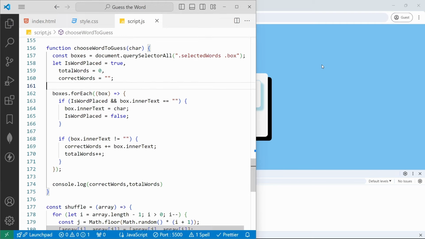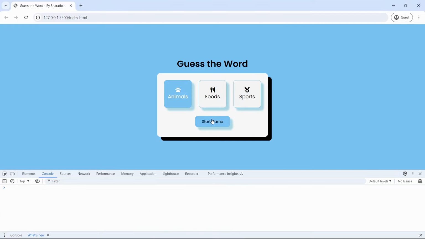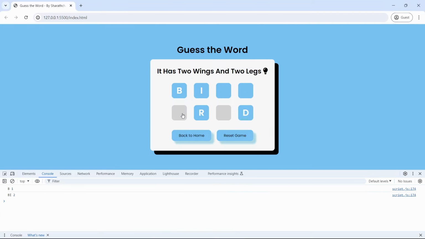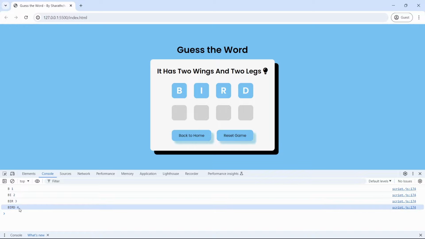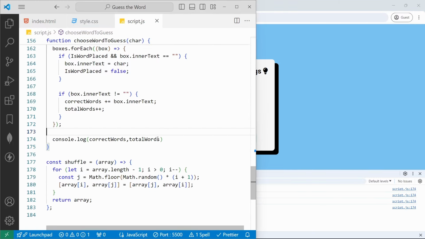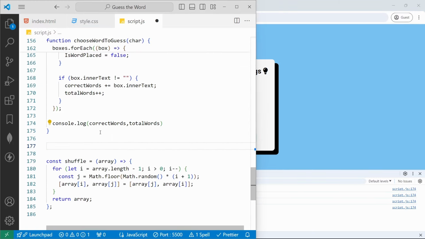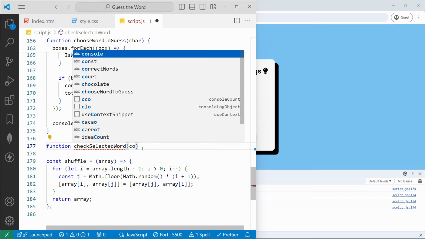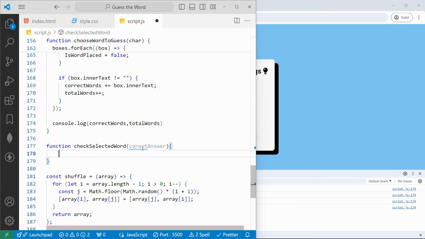If I save, if I go to the browser, if I click on start the game, here B, I, R, D. Now here we'll get this B, I, R, D and then 4. Once all the characters are filled, then only we can check that. So for that we need to create one more function to check the words. With the help of the function keyword, the function name checkSelectedWord, and we'll pass the correct answer inside this